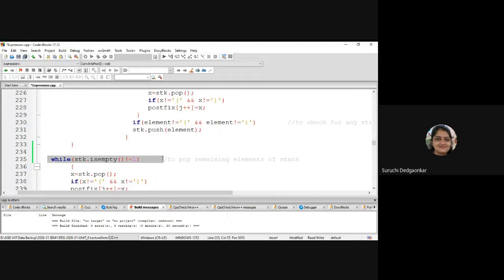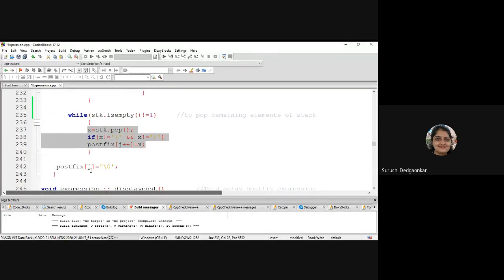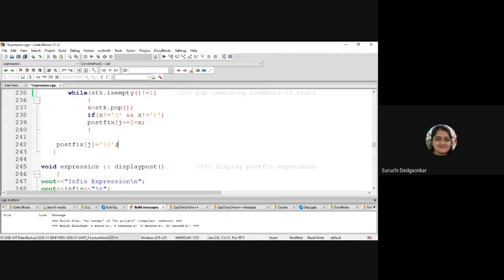While the stack is not empty, we will pop the remaining operators from the stack and they will be copied into the postfix. And finally append slash 0 to the postfix.